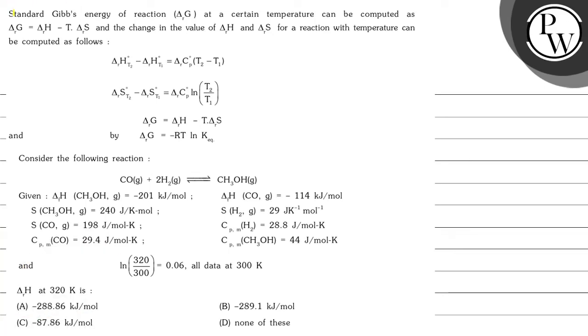The question says the standard Gibbs energy of reaction at a certain temperature can be computed as ΔG = ΔH − TΔS. The change in the values of ΔH and ΔS, that is, the change in enthalpy of reaction and entropy of reaction with temperature, can be computed as follows. Here the change in enthalpy at temperature T2 minus the change in enthalpy at temperature T1, these are in standard state,